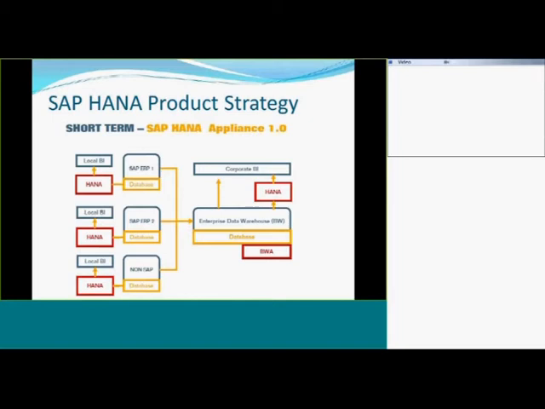Then the EDW, Enterprise Data Warehouse, remains on the existing database, but you have a HANA database between your corporate BI and your EDW. So what SAP basically gave as options to the clients is that don't go for a big bang sort of